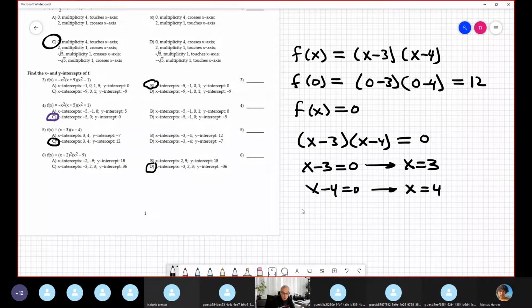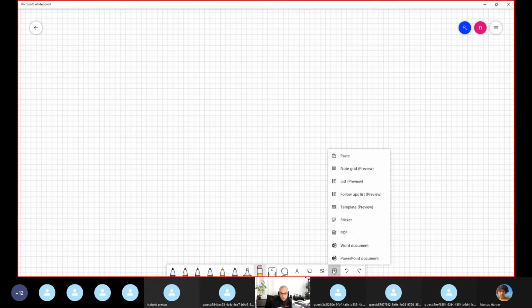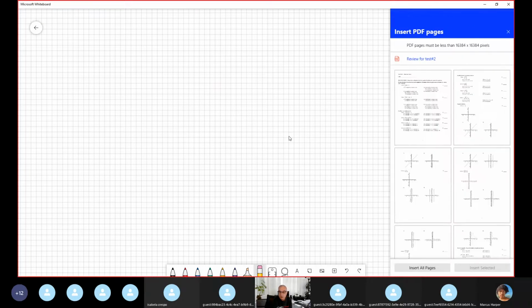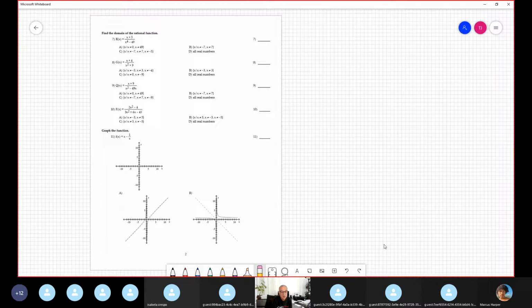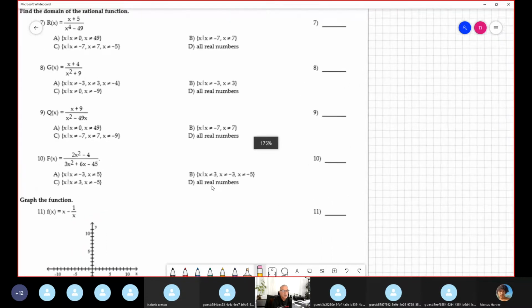Okay, find the domain of the rational function. I want to erase everything and download the second page. Okay, boom. Second page is this. Okay, let me zoom to see more clear. Okay, entonces,